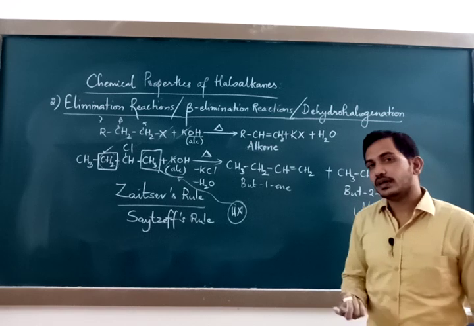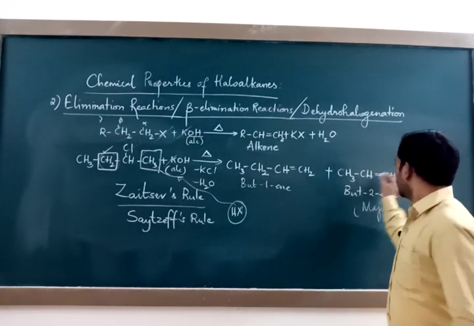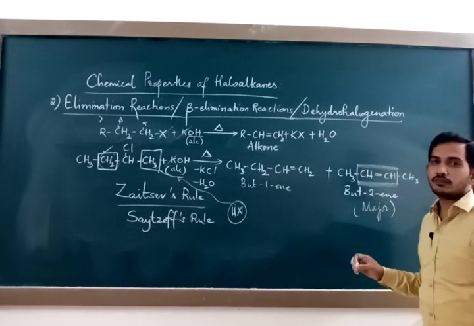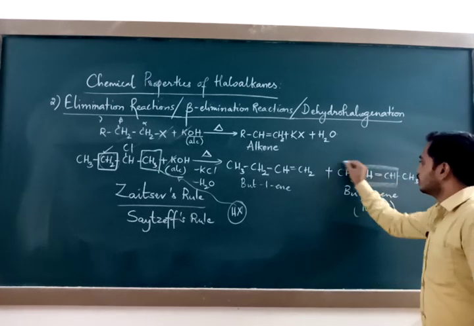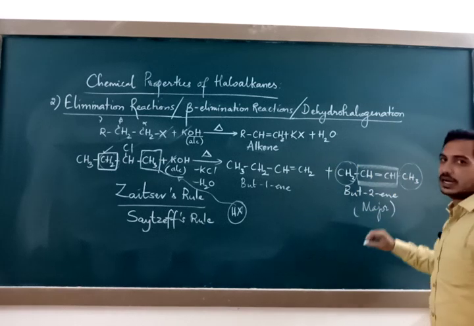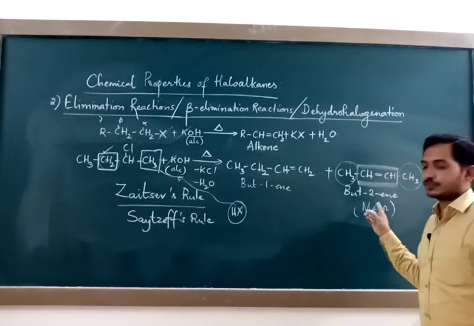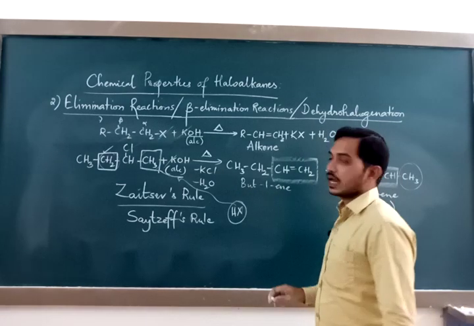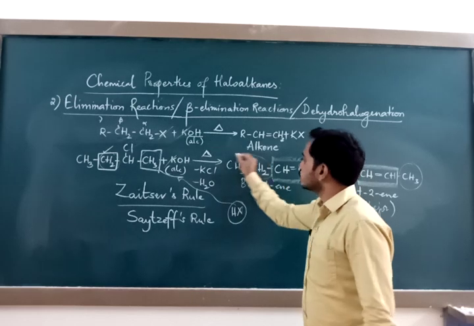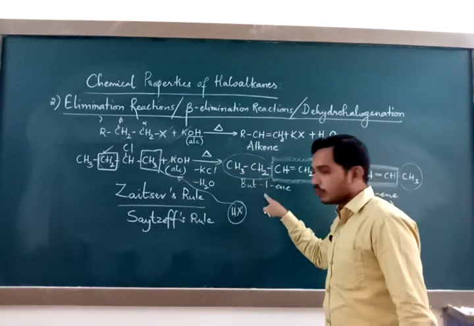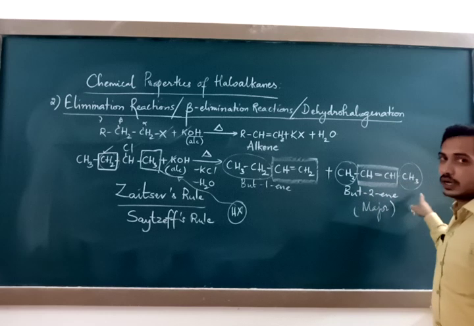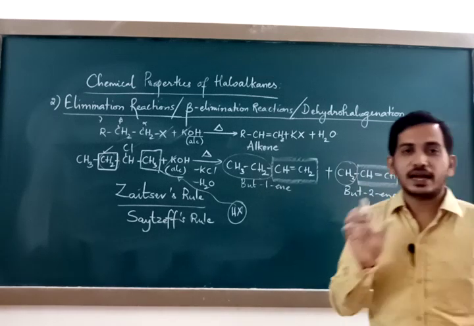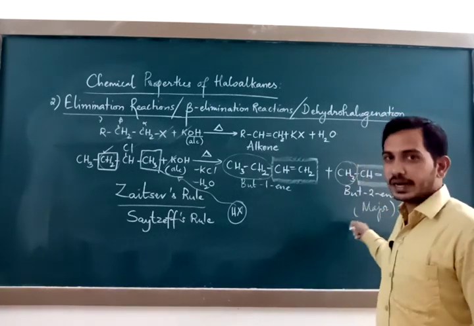Sir, how do I identify whether it is more alkylated or not? You separate double bonded carbons and count the number of alkyl groups on either side. One alkyl group, second alkyl group. So there are 2 alkyl groups in this product. In this product, you separate the double bonded carbons and count the alkyl groups. It is only 1 ethyl group. So it is only 1 alkyl group. Here there are 2 alkyl groups. So that product is formed in excess, which is more alkylated. Which is more alkylated? The second one.